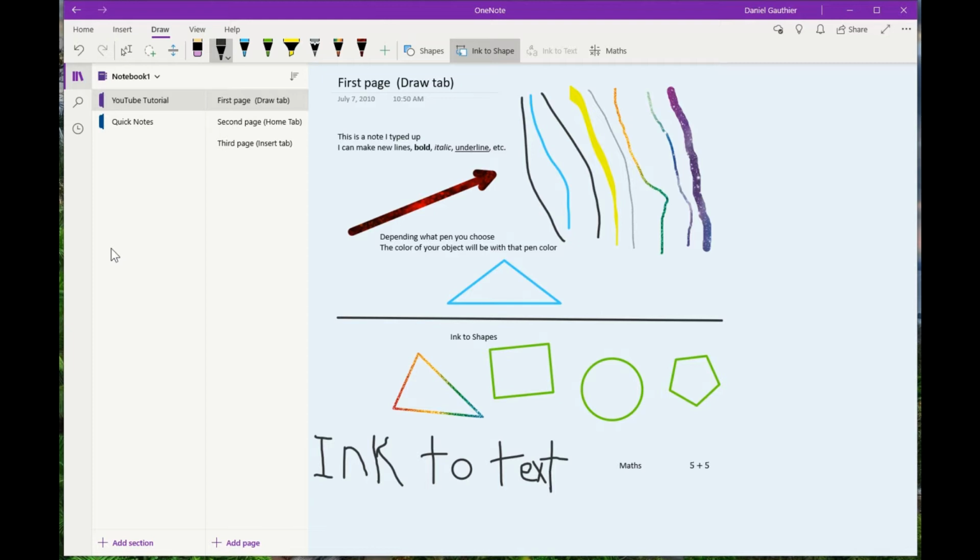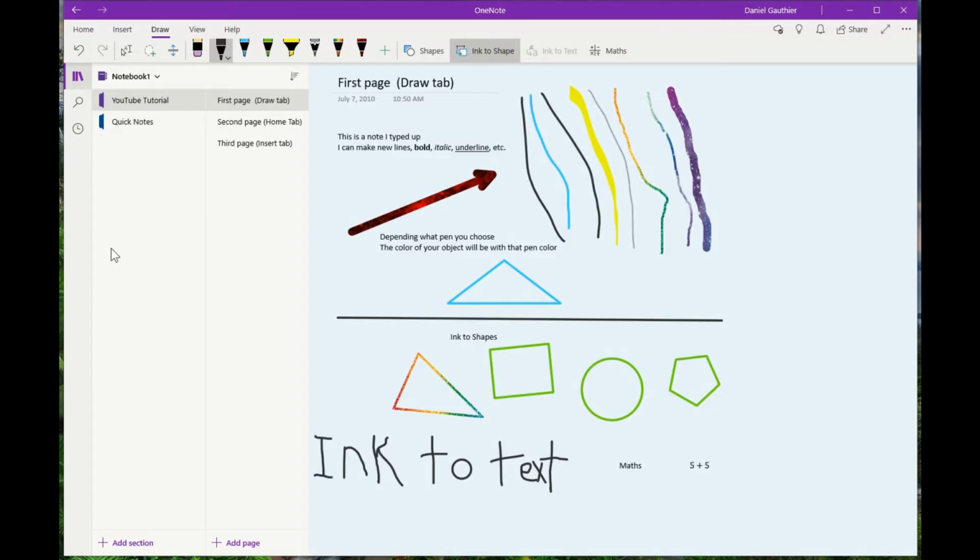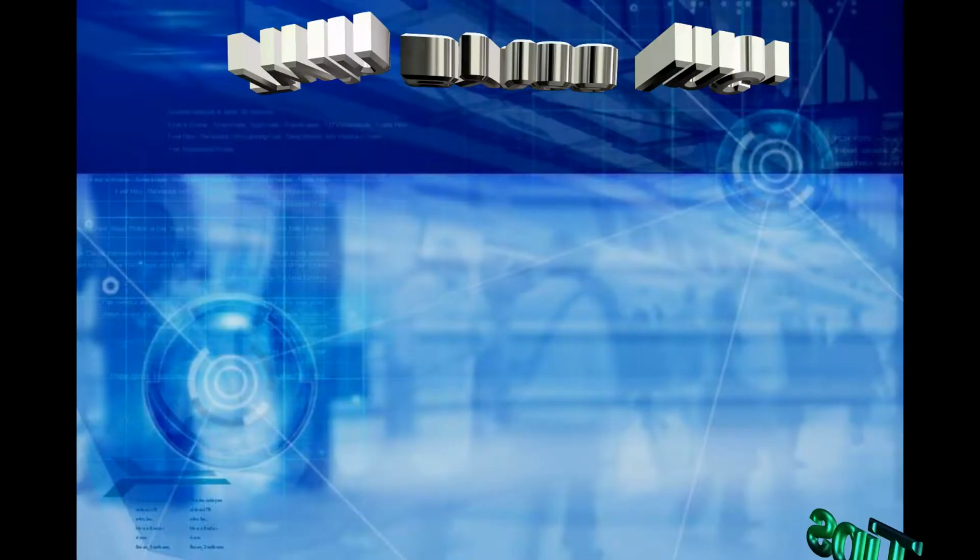I've had a lot of people ask me, what is this program? Because it comes with the computer by default and it seems to want to take over the default printer as well. So a lot of people are even asking me, what is this program? And they have no clue what it is. So in this video tutorial, I'm going to explain exactly what you can do with this. So stick around.